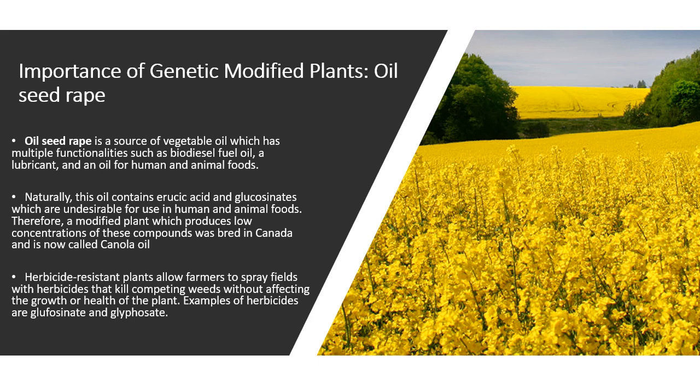In its natural state, oilseed rape has two compounds that are not suitable for consumption: one that we call erucic acid, and another that is called glucosinolate, which is a group of compounds. But when you modify this genetically, you enable the plant to produce less erucic acid and fewer glucosinolates, and as a result make it fit for human consumption. When the erucic acid and the glucosinolates are high, you get an oil that is more suitable as a biodiesel fuel and not something that people should be consuming.